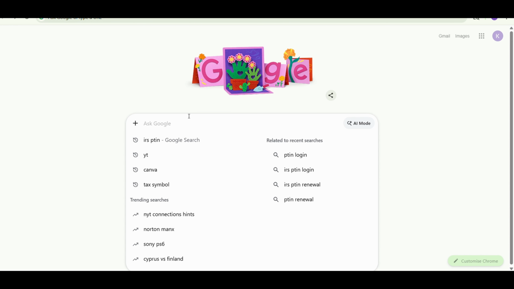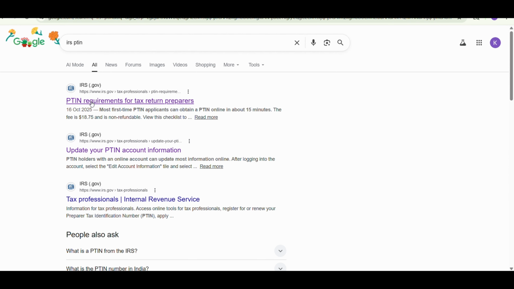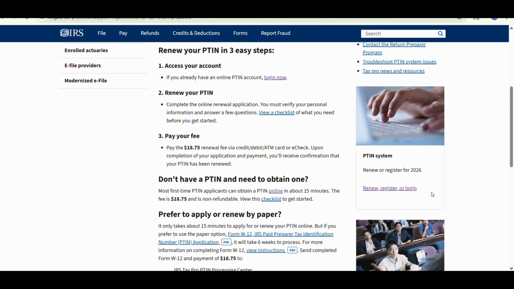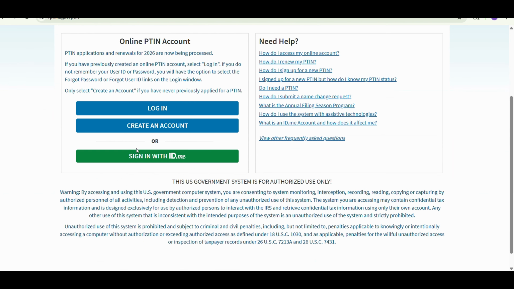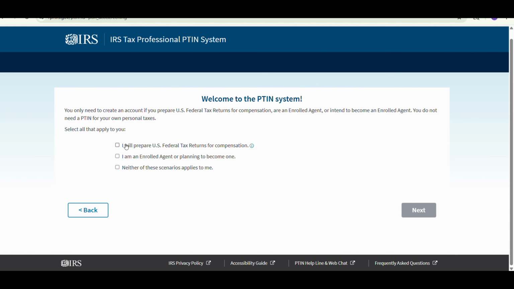So simply open your browser, click the IRS PTIN and select first one, PTIN requirements for tax preparers. Scroll down and click the renew, register or login. Scroll down and click the create an account and select first two options. I will prepare US federal tax return for compensation, and second one, I am enroll agent or planning to become one, and click the next